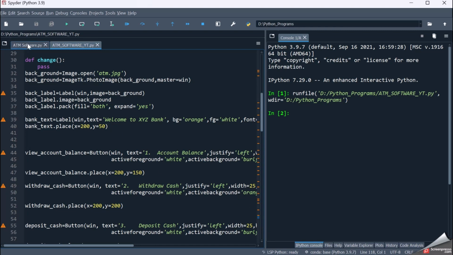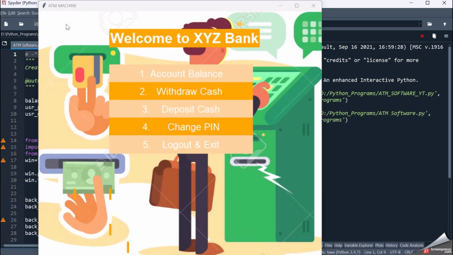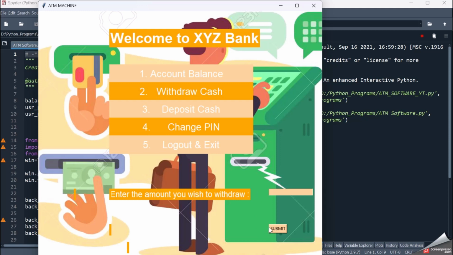Suppose, let me execute the original program. Suppose when I click on account balance, I should have only the account balance label being displayed. All other, that is withdraw cash details, should be hidden. But when I click on withdraw cash, only the withdraw cash details, that is the label, entry and the button which are required for the withdraw cash, have to be displayed. The other details for account balance, deposit cash, change pin, those widgets have to be hidden. So let's see how we can hide these widgets and how we can show the widgets